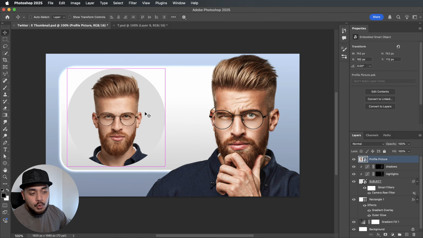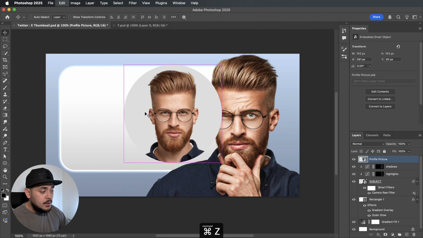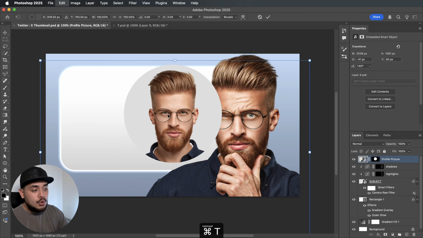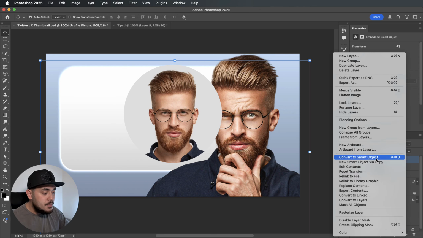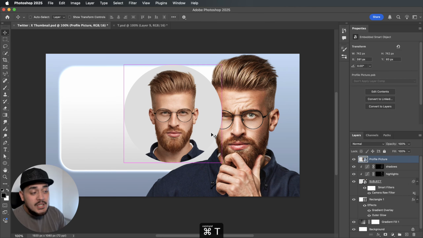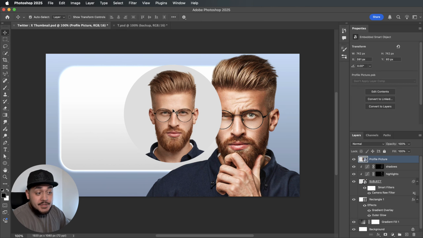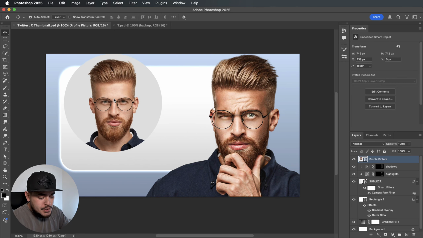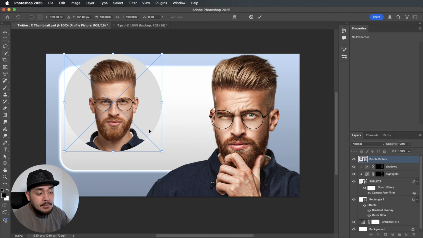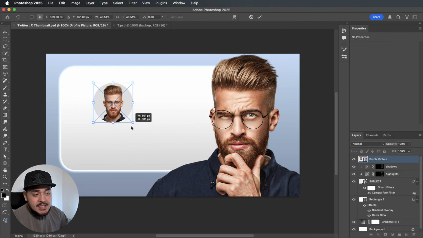If I press Command or Control Z to undo, as you can see, if I press Command or Control T right now, you can see that the box for the selection is really large. But when you just turn it into a smart object, when I press Command or Control T, we are only working within the bounds of this circle. And now it's just a matter of scaling down this profile picture just to the size that you want it to be. So what I'll do is press Command or Control T and let's now just decrease the size of